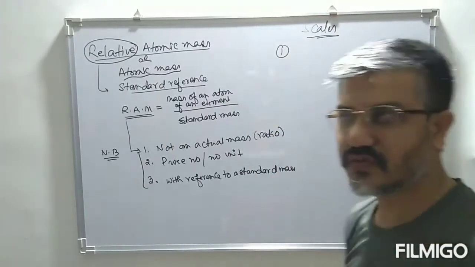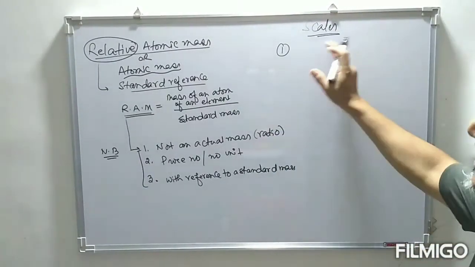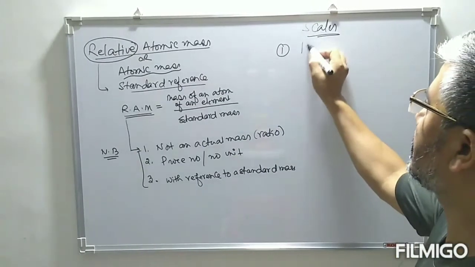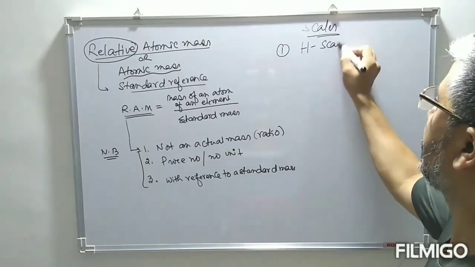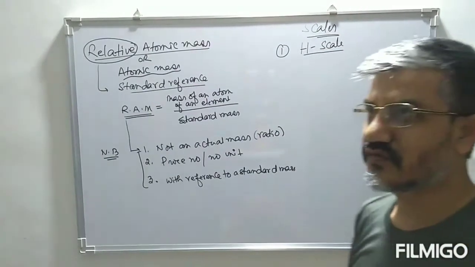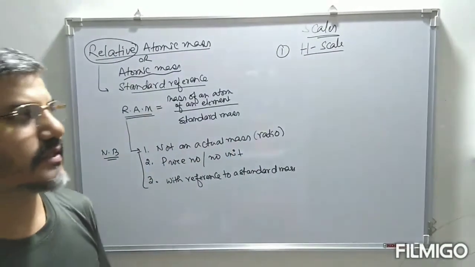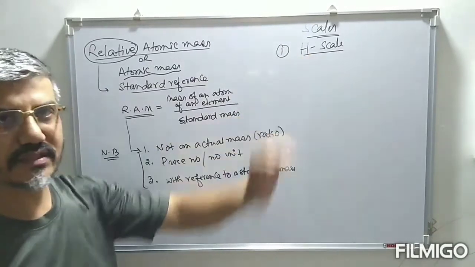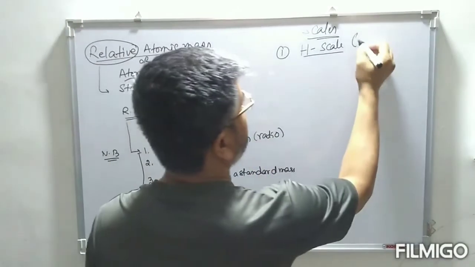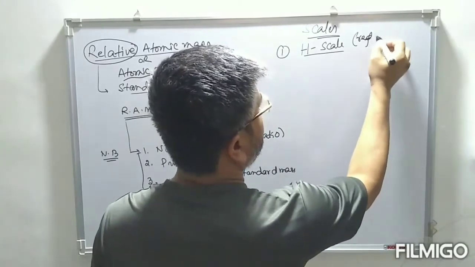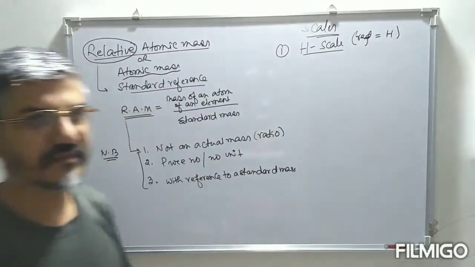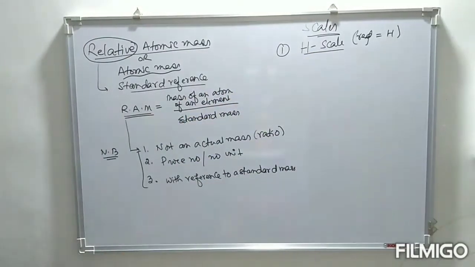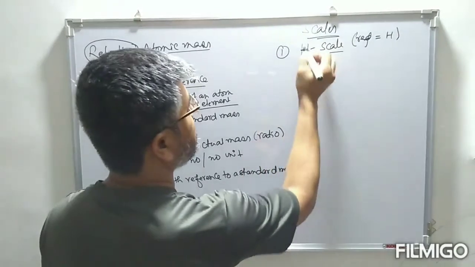So let's go back to the brief history of these scales used for measuring this relative atomic mass. The first scale is the hydrogen scale. For the very first time, this relative atomic mass was measured in terms of hydrogen. So this hydrogen was taken as a reference. So taking this hydrogen as a scale, this relative atomic mass